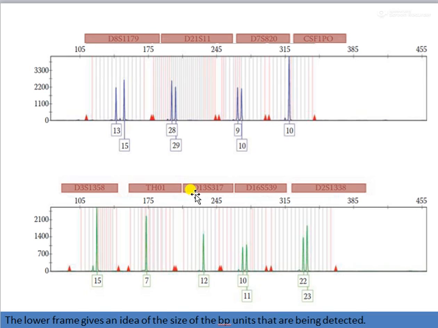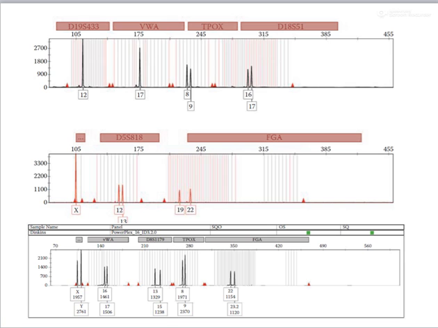Same is in the case of D13S317, as we are finding only one peak. But here, if you look at this one, you have two peaks. One has a repeat of 10 and the other one has a repeat of 11. So like that, you analyze the profiles of different individuals. Now, if you look here, again you have one peak, so it is homozygous for this particular STR locus. And here you have two alleles, one for 12 and one 13.